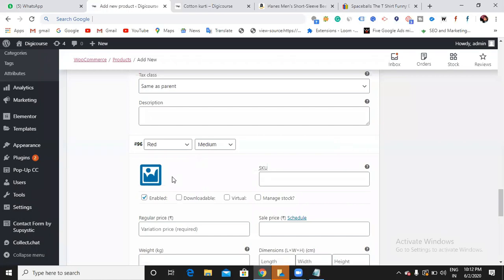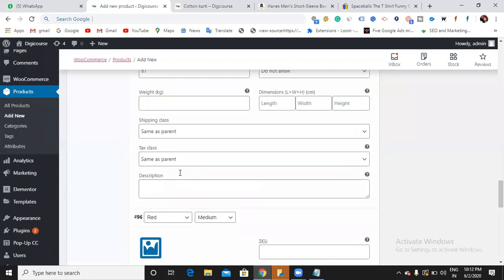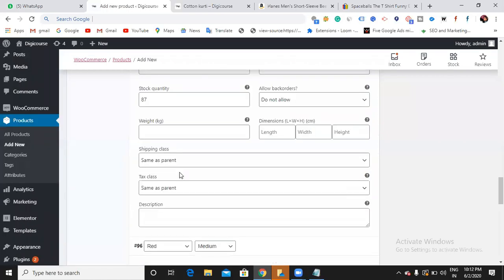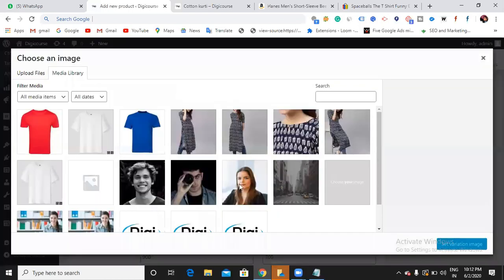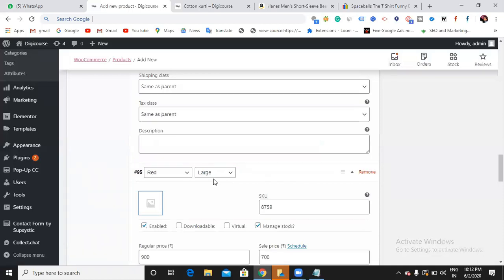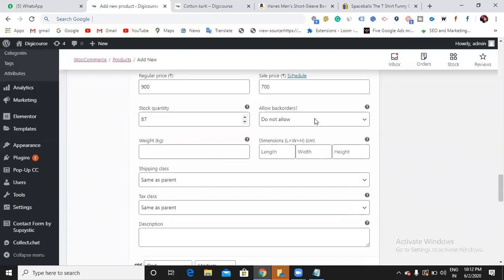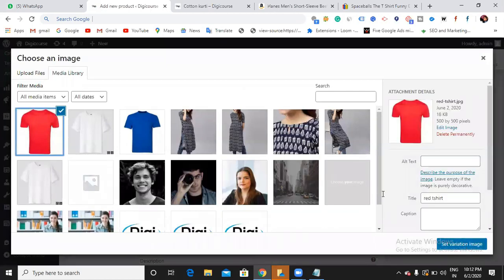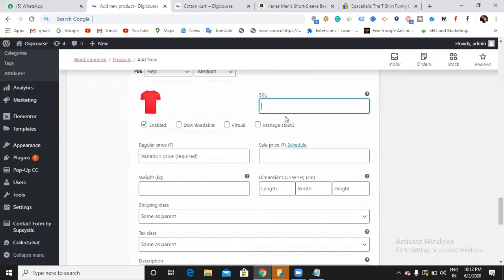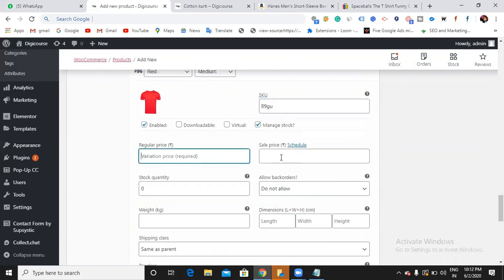Okay, let me try to add. Oh, is the image I chose for red color? Blue color only I chose. Let me add red. Red. And the next comes here, the red. It is very interesting to create an e-commerce website. Managed stock.